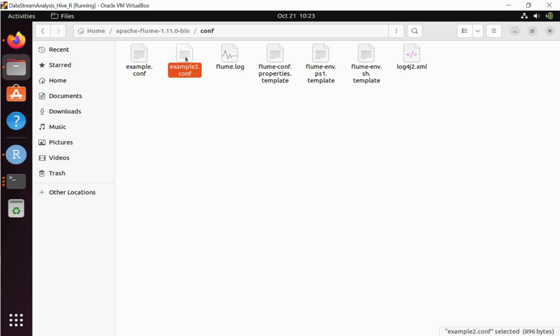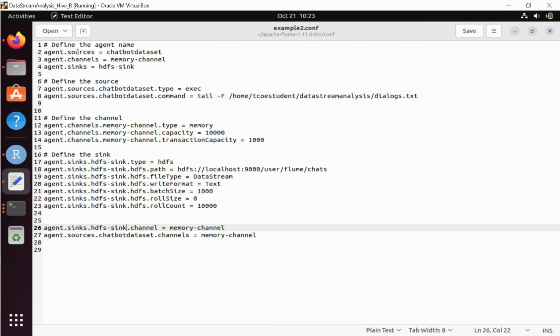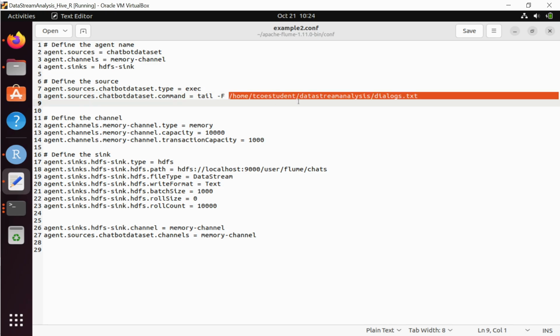So you can have multiple Flumes doing data streaming. So right now we are just doing one data stream. So I opened this file. So here you see you're basically mentioning what are your sources, channels, and sink. So I've given the name called chatbot data set. Now the thing is, chatbot data set will pick up the data from which location. So it says tail of this command. It will read from dialogues.txt, which lies in data stream analysis. So whatever data is in dialogues.txt will be picked up; it is the source where the data is picked up from,